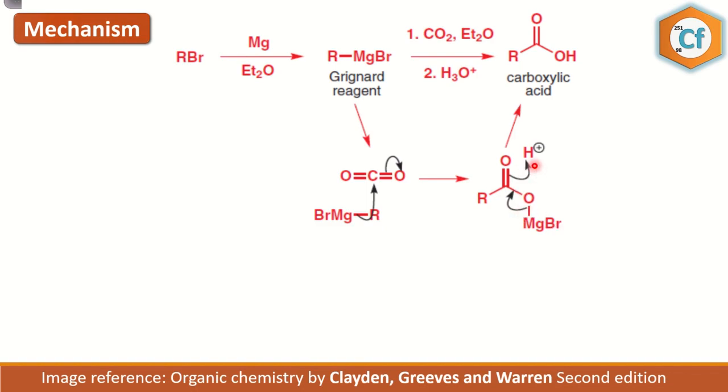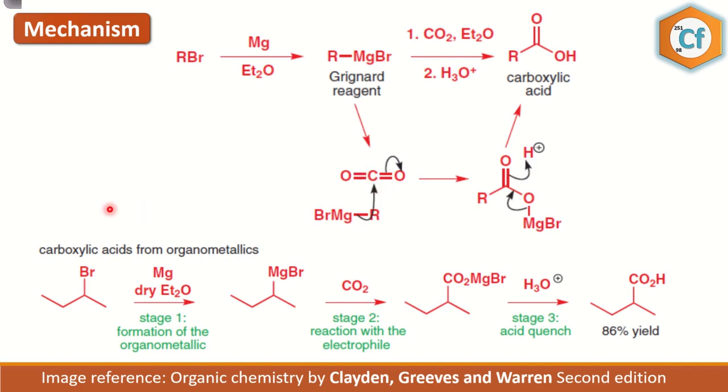Now when we carry out hydrolysis, this electron will go here and now the carbon has 5 bonds, it has to break 1 bond, so it will attack onto the hydrogen. So in this case we have RC double bond O, this double bond O is this one, and then we have OH, which is our carboxylic acid, and the MgBr will obtain OH negative from the water and will get MgBrOH. The important thing is why this R group is attacking on this carbon. Because this carbon is attached to two strongly electronegative atoms, which are two oxygens, and these two oxygens withdraw electrons from the carbon, making this carbon an electrophilic center.